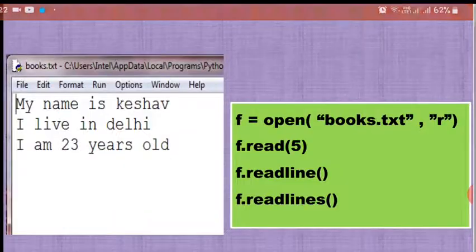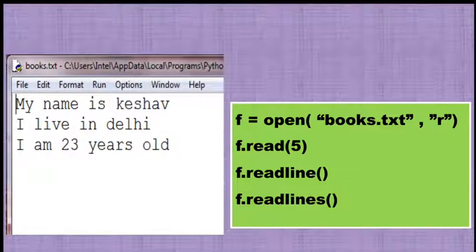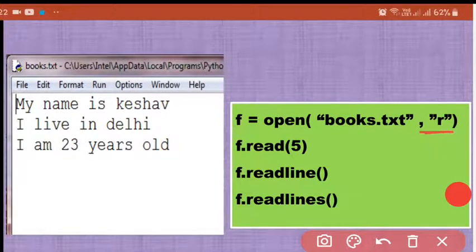Next thing is, let us see with the help of this example. See, I have opened this file books.txt in read mode. You can see here in read mode it is opened. So I find the cursor at the beginning of the file. Now if I perform this operation, you know that this particular operation is reading 5 bytes from the file. So what will happen? The cursor will advance, the cursor will start reading from the point where it is present. So it is present at this place.